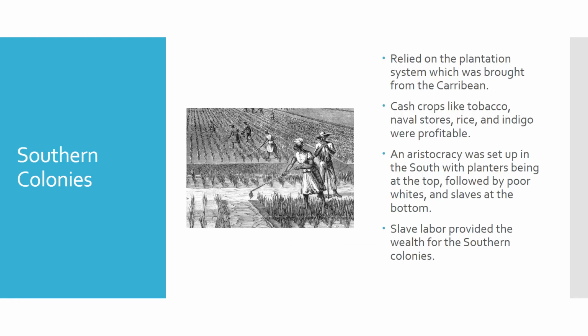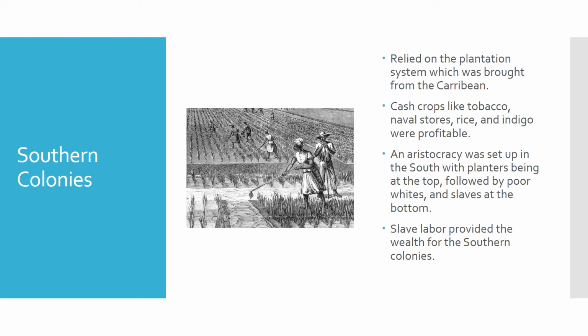All right, and then our last group of colonies we need to discuss are the southern colonies. And of course, the southern colonies are going to develop the plantation system. The plantation system is going to come from the Caribbean. It's going to come from those islands in the Caribbean. In fact, South Carolina, many of its early settlers came from the island of Barbados, which is a tiny island in the Caribbean. And what they brought with them from the Caribbean was the knowledge of how to set up